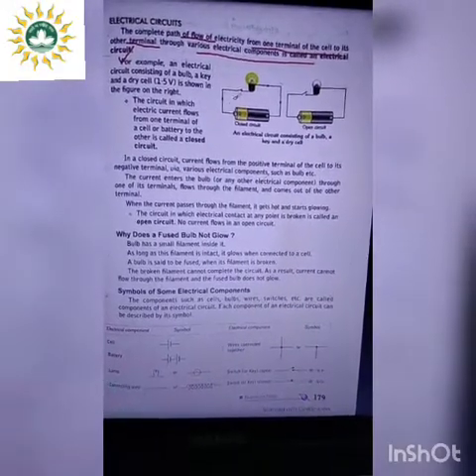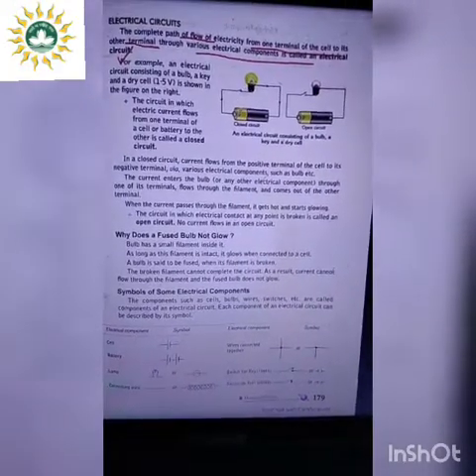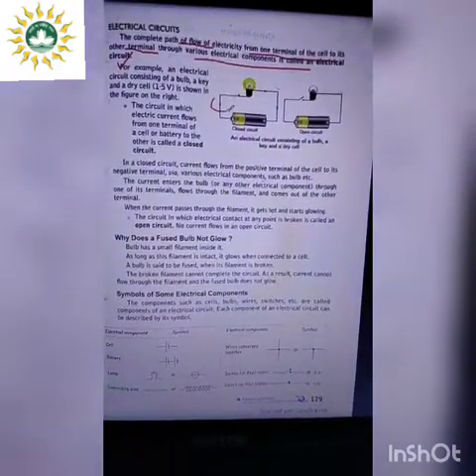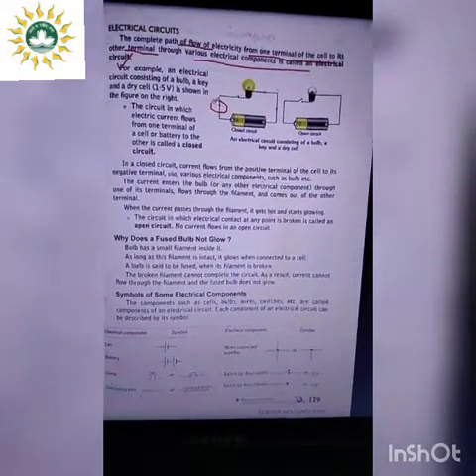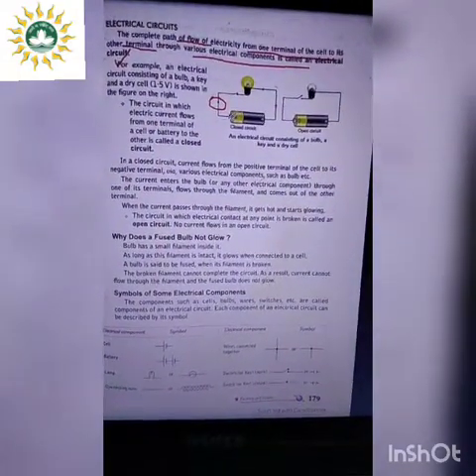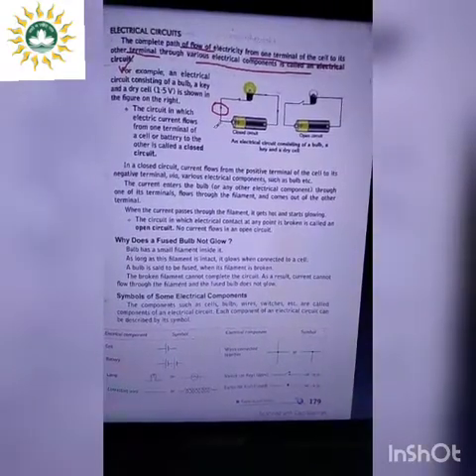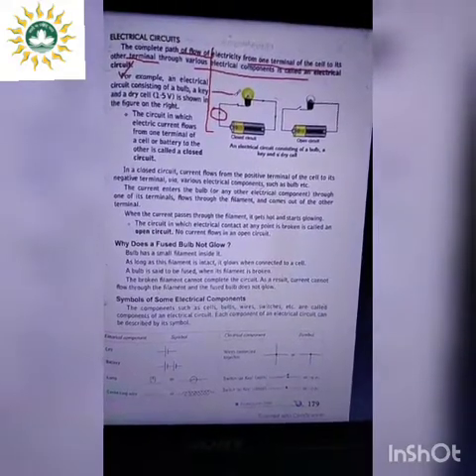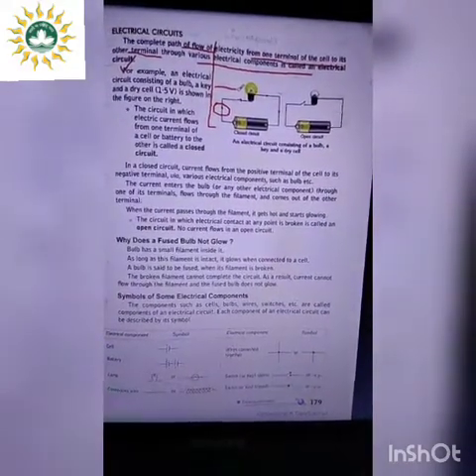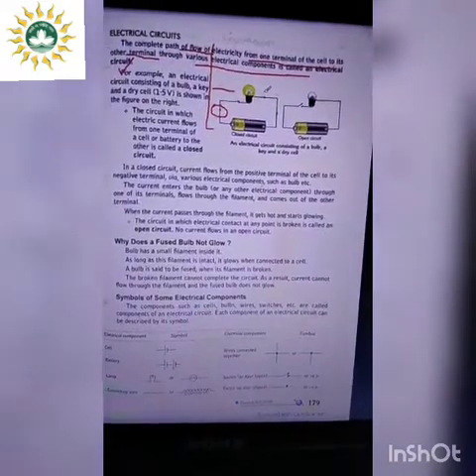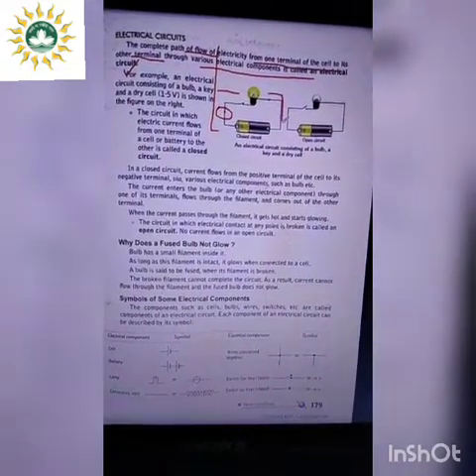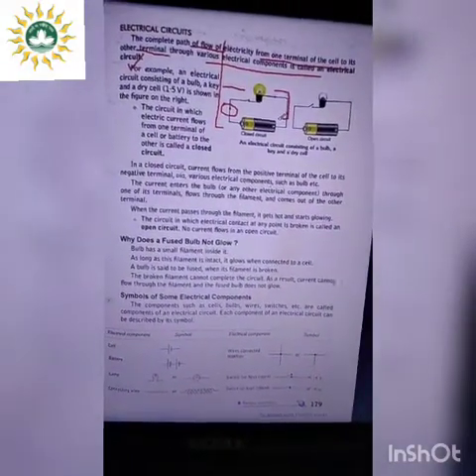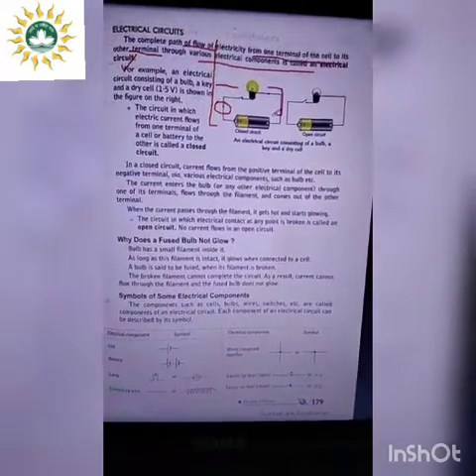The circuit in which the electric current flows from one terminal of the cell. See, from this terminal, if the bulb is flowing, you can see the arrow sign over here. The arrow sign denotes the flow of electricity. So from one terminal, the current is flowing, it is going to this bulb, reaching the bulb. The bulb is again transferring the electric current. So from here you see the current is flowing to the other terminal of the cell. So in this way closed circuit is formed, and then the bulb will light up if the closed circuit is